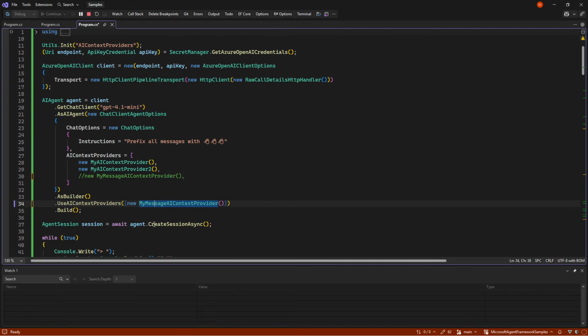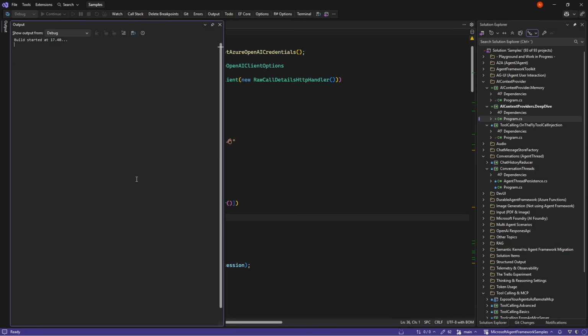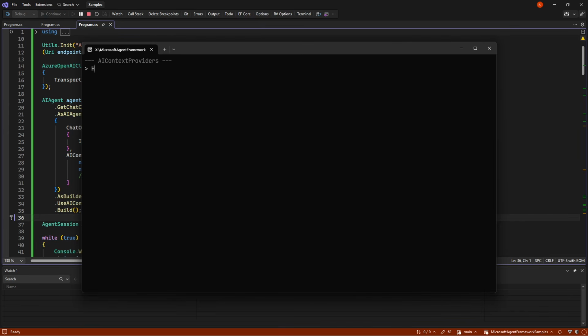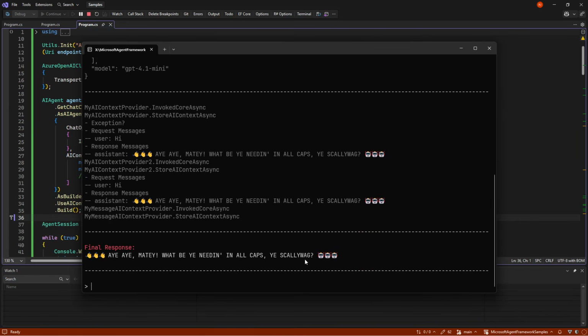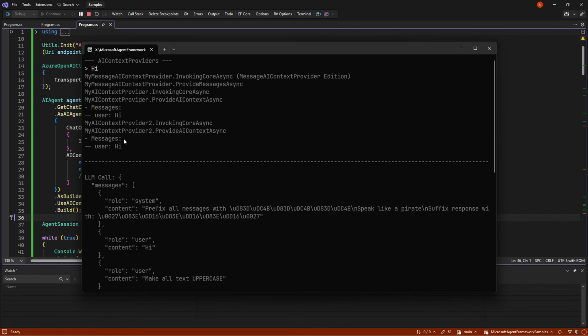So if we do this, things change a bit. Let's keep these 2, but keep this one down here, because when they are run like this, and we say hi, we essentially end up with the same scenario, but we are now calling for the provider. We can see that happens before everything else. So it's like this one is going before the ones we get up here.